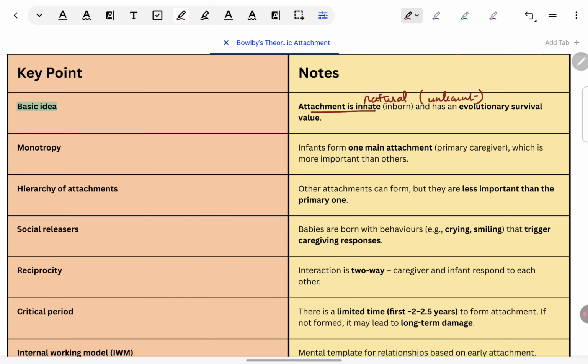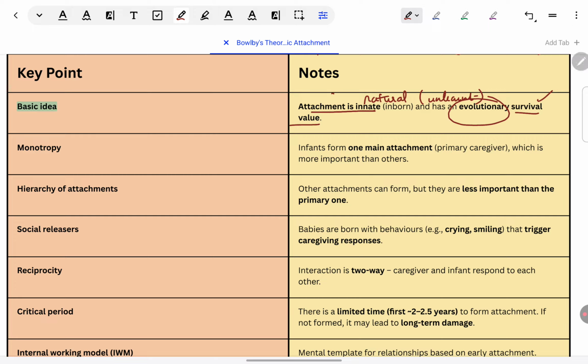Now, why would something be inborn? Because it has some survival value. There is a full perspective in psychology, or a way of understanding things, which is called the evolutionary perspective. That tells us that whichever behaviors we are born with, those behaviors are important for adaptation to the environment. They help us to survive. Our ancestors have passed on those behaviors to us so that our chances of death can be minimized and our chances of living can be maximized. You will learn more about this perspective throughout different units that we do.